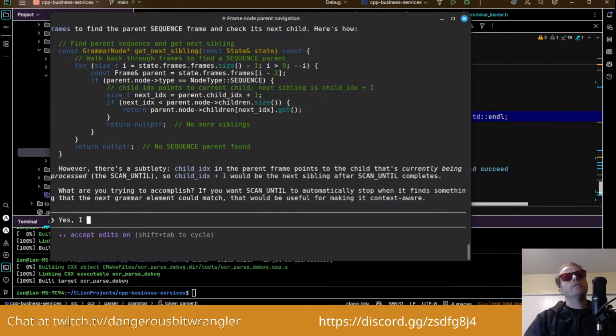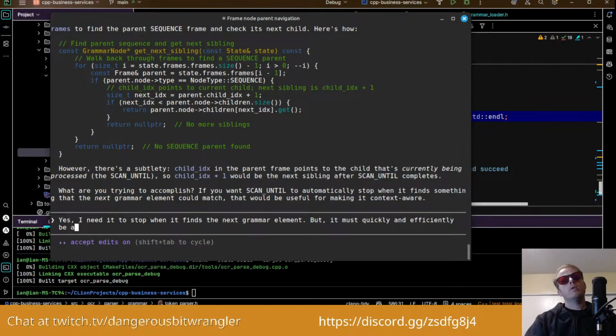Why, yes, I need it to stop when it finds the next grammar element, but it must quickly switch between the scan until process,